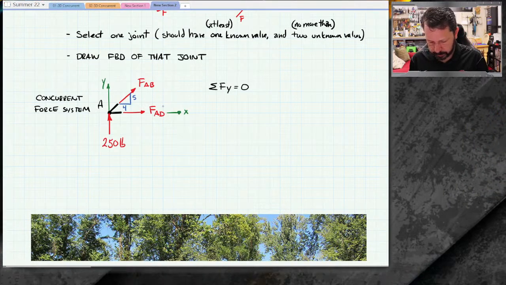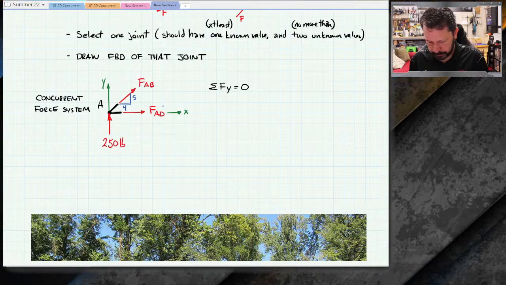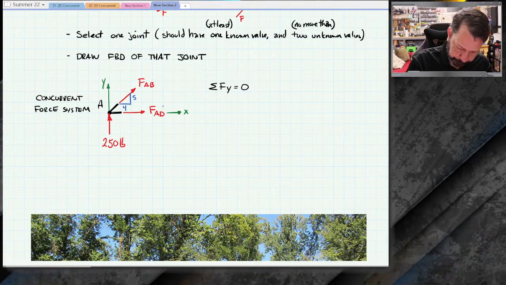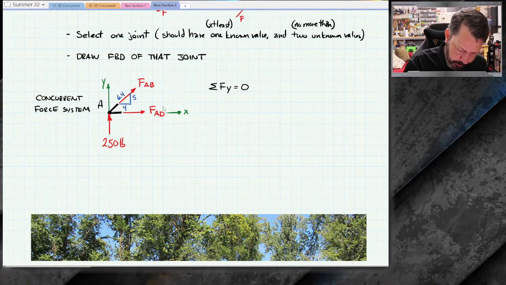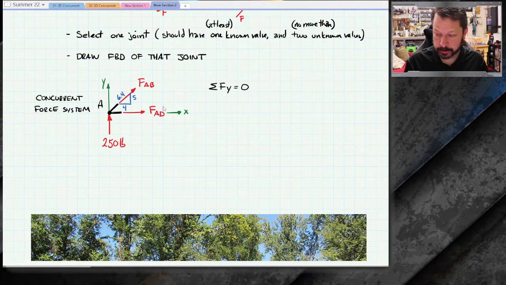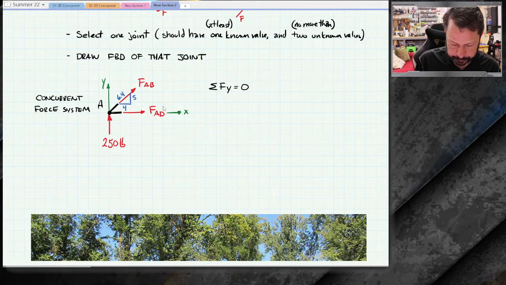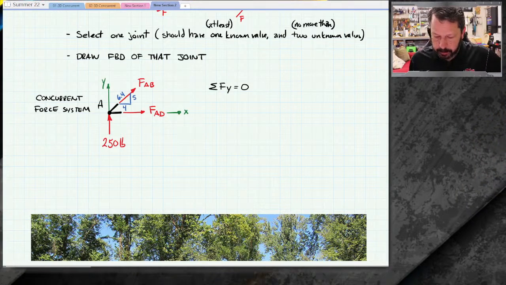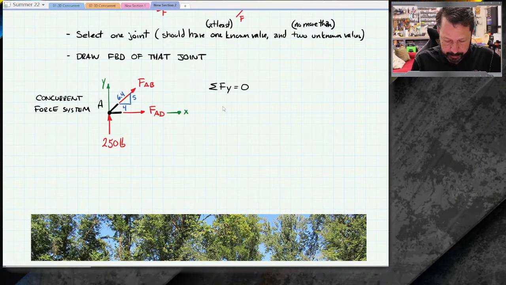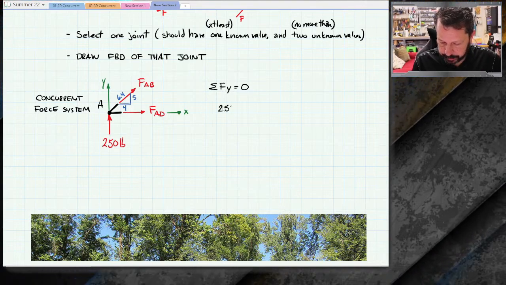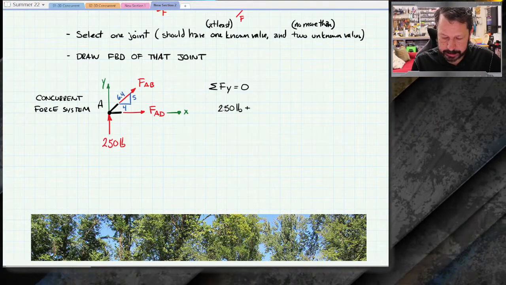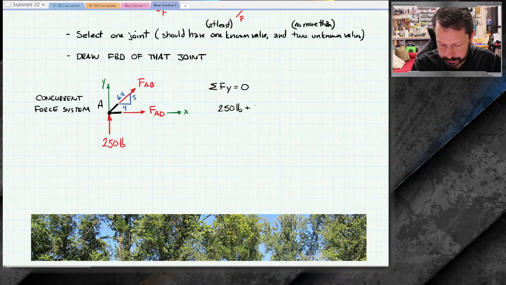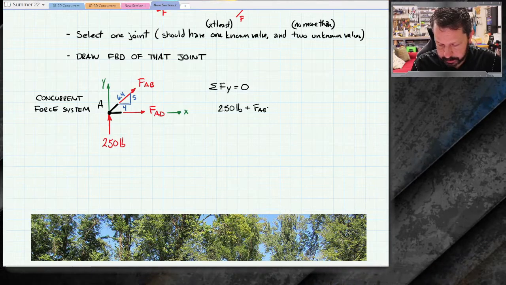4 squared plus 5 squared. Take the square root of those is 6.4. 6.403, so I'm just going to leave it at 6.4. All right, now we can go back to writing our equation. So I've got 250 pounds. That's easy. 250 pounds. It's going up, plus I've drawn the FAB going upwards and to the right. So plus FAB times the,